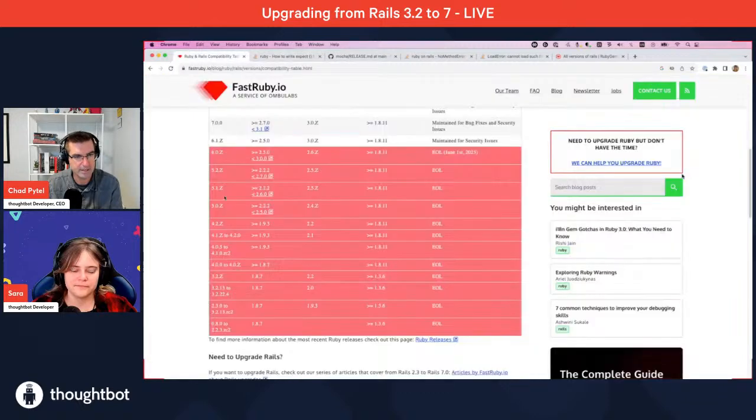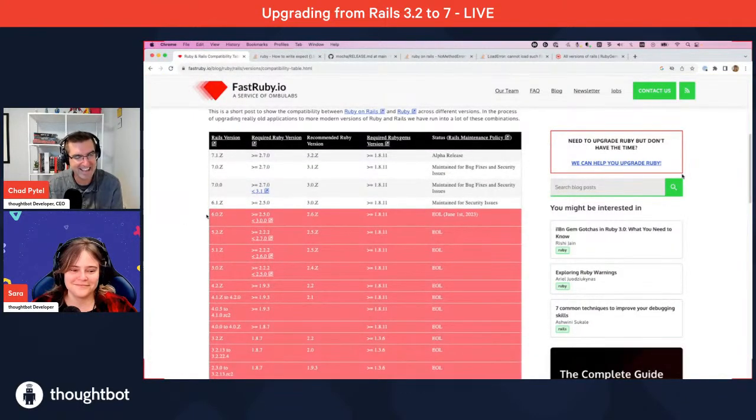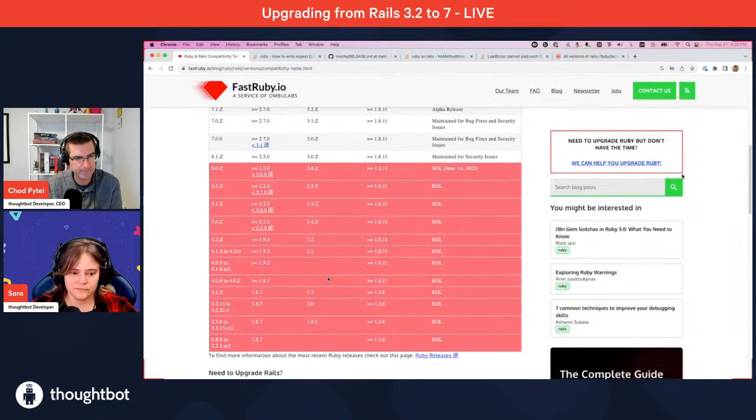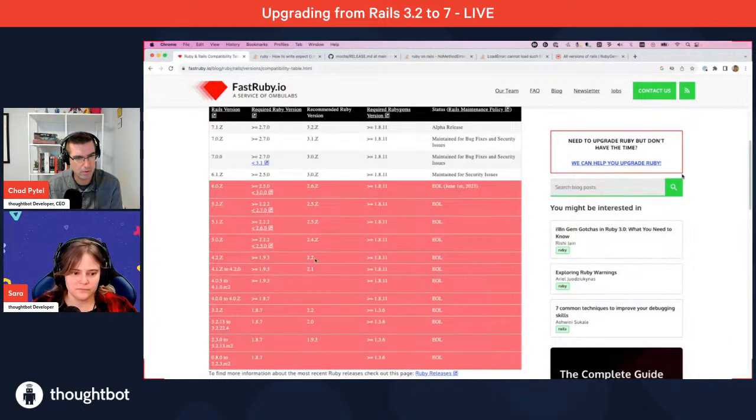I got distracted. What was I doing? Looking at the versions. We are all the way back here, 3.2.2.2. So according to this table, we wouldn't run into trouble with the Ruby version until 5.2. Like we said in the beginning, it is really sort of dicey